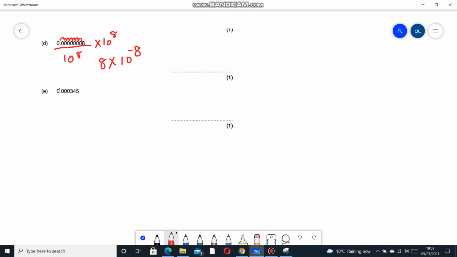0.000345. Okay, so that would be how many? 1, 2, 3, and 4. So my decimal needs to be there. So I would write that down as 3.45. Okay, and times it by 10 to the power minus 4, because you can count the jumps, or if